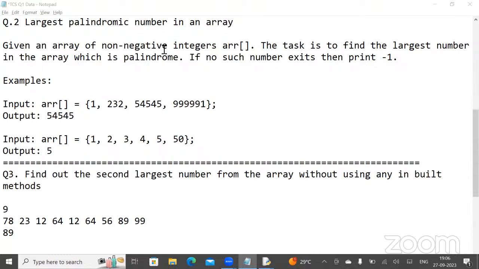Sort the array using bubble sort and print the index as -2. Okay, that's fine, but for bubble sort, again, the time complexity matters. Let us say we have to solve the same problem statement with a time complexity of order of n. In that case, bubble sort is not going to support us, because bubble sort gives a time complexity of order of n only in the best case. Our hidden test cases may have data in the worst case or average case, so it is not going to help us.